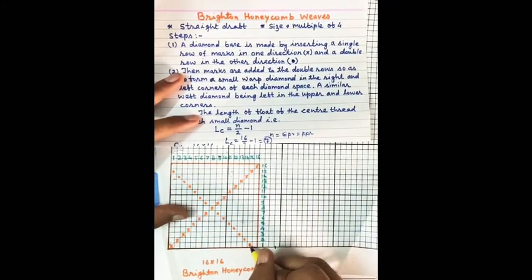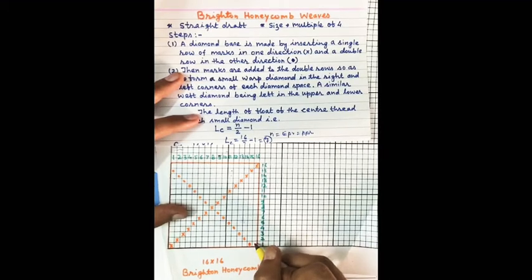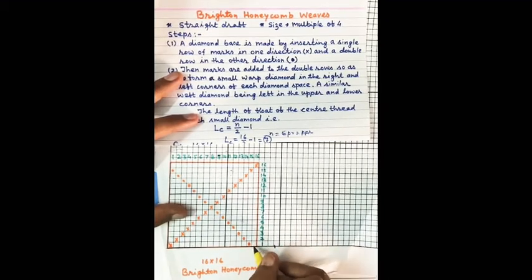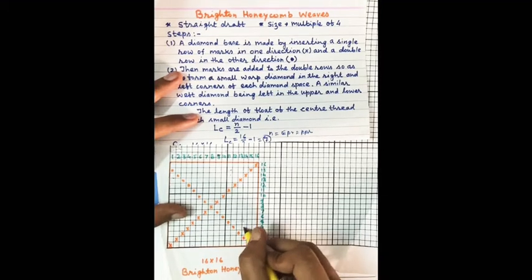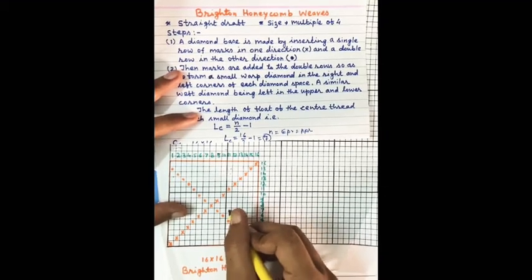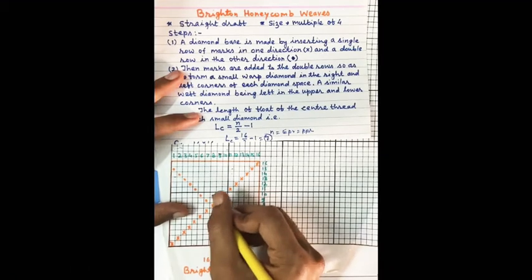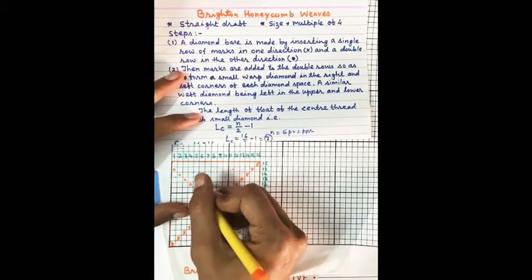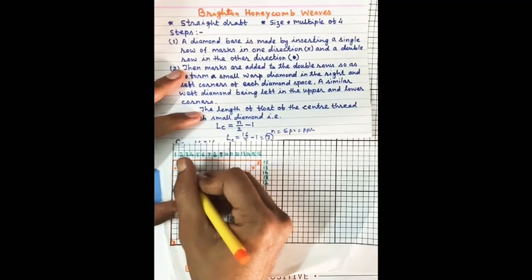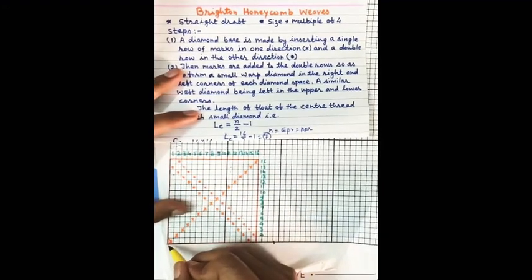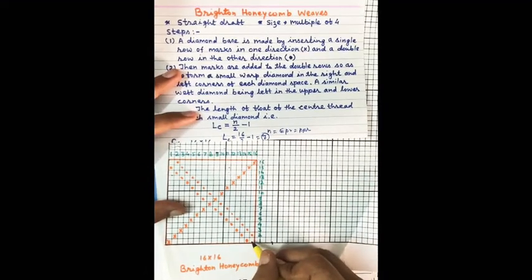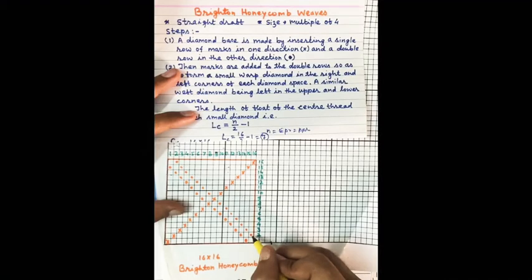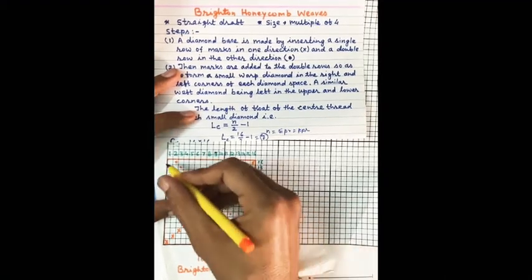And because we are taking a double row, I have not started from the corner. I have started by leaving one square at this side, and similarly leaving one square at this side, I will start from here. So the double row will be inserted. So in one direction I am indicating a single row, which will start from this corner to this corner, and we are indicating a double row, so leaving this corner, one from this side and one from this side, I have started the line, this double row.